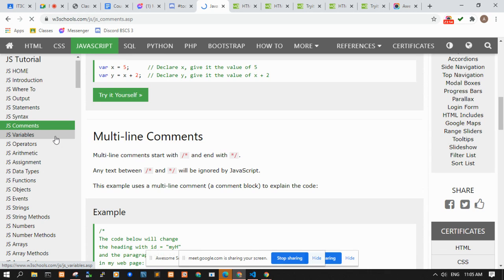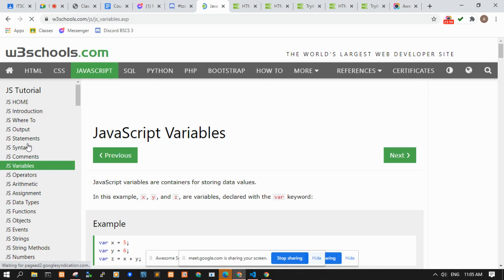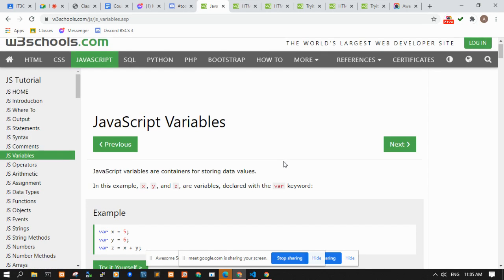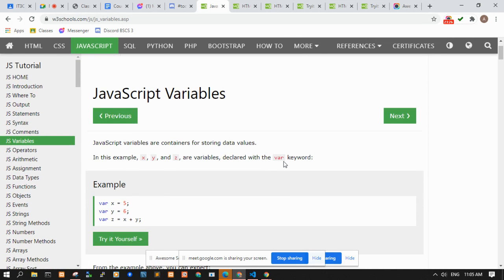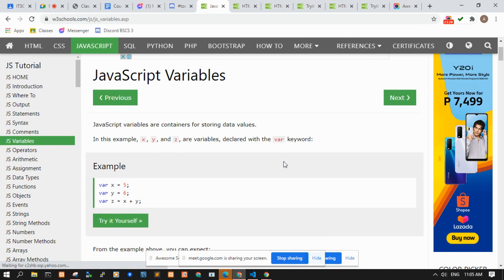Okay, and then variables. By the way, JavaScript is also known as ECMAScript, or if you have seen ES5, ES 1, 2, 3, 4, 5, 6, or ES2015, 17, 18, 19, 20.